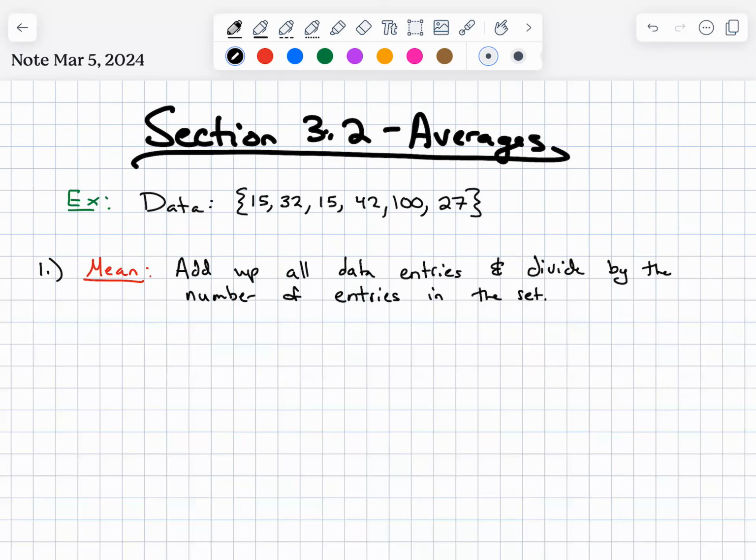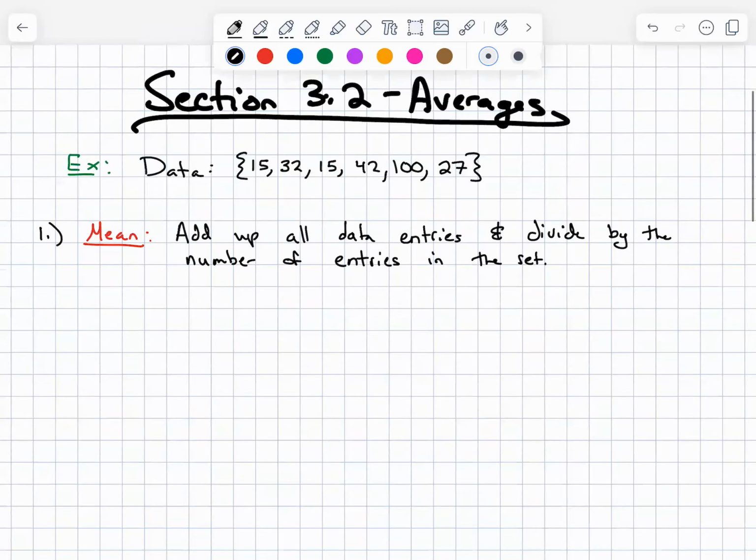Like if you have a child, they say the average height of a 2-year-old is blank or whatever, like 32.6 inches. That's taking every single data value, every data entry for all the heights that they've measured for all their toddlers around the United States, and then they average them. They add them all up and divide by the total number that they have, and that's where they get the average height. And so in the example,